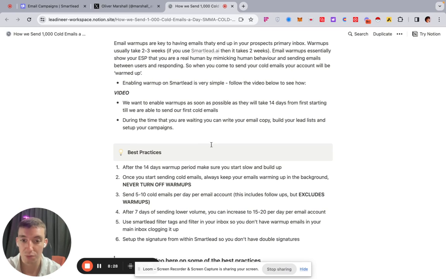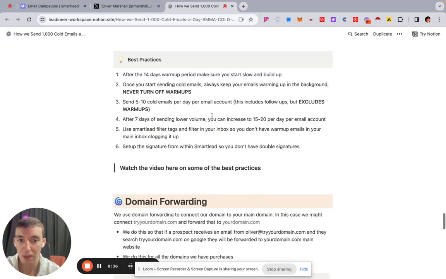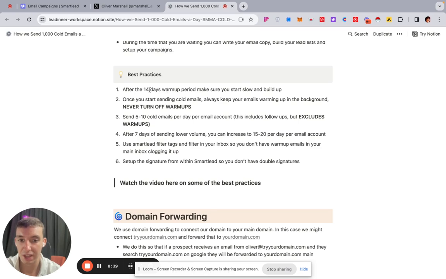Now, during that time that it's warming up, that's when you can start to build out your lead list, build out your email copy, and begin setting up your campaigns in SmartLead or Instantly. So after the 14 days warm-up period, make sure that when you start sending your cold emails, you build up slowly. Instead of blasting out like 100 emails a day from every email account straight away, you never want to do that. You want to send like 5, 10, 15, and just build up slowly over several days,